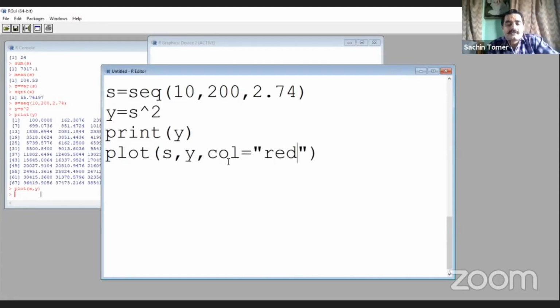Plot S, Y, col equals "red". What will it do? It will plot S on the x-axis, Y on the y-axis, and the color of the graph will be red. So this is the way you can change the color of your graph.